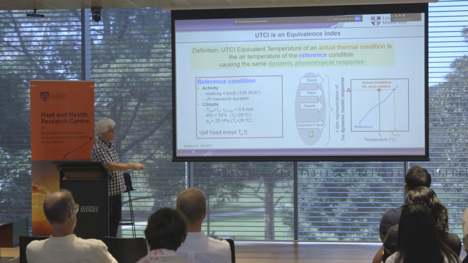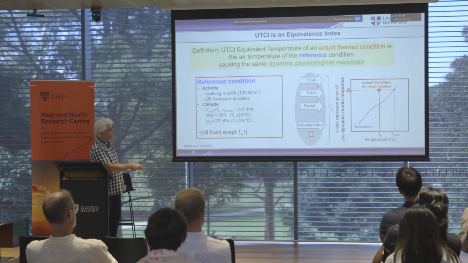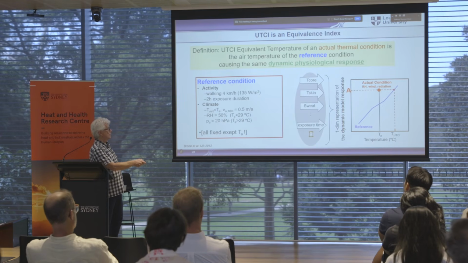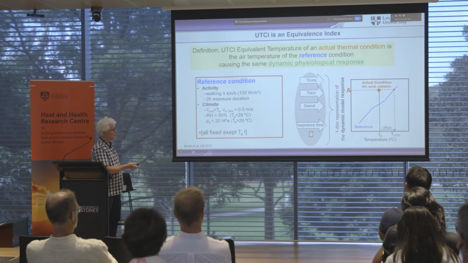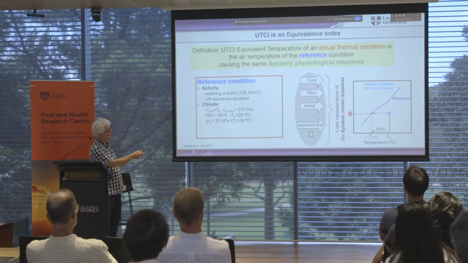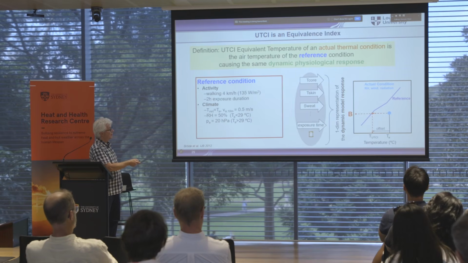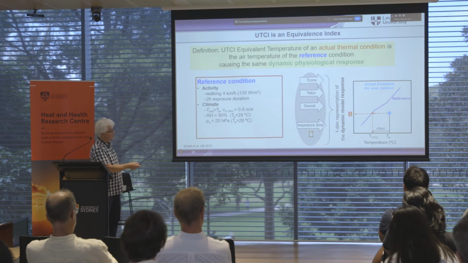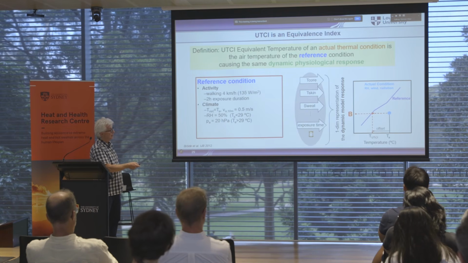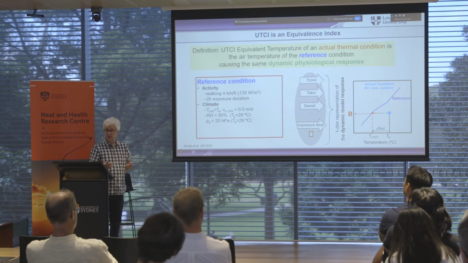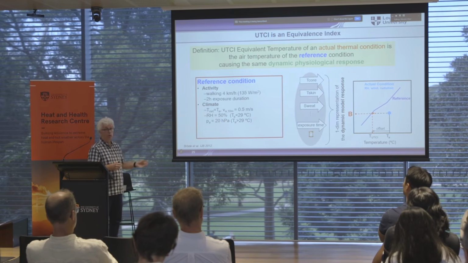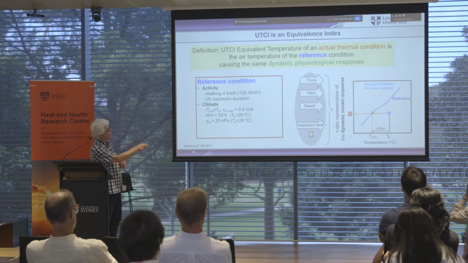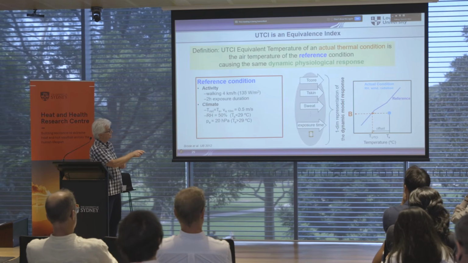So this can be higher. So it can be higher and it can be lower. So let's go with this. I have that in the next one. So this is another example where you have this level of thermal strain. The reference is now on the left, so you move here, and this gives you the UTCI temperature. So the UTCI temperature may be higher or lower than the ambient temperature. So it will be higher if there's sunshine. It could be lower if there's a lot of wind or you're in the night sky, etc. Yeah? So that's the idea about having a UTCI equivalent temperature.